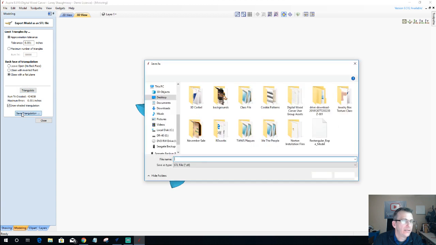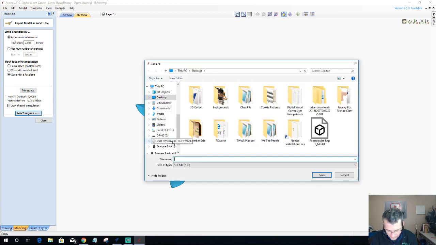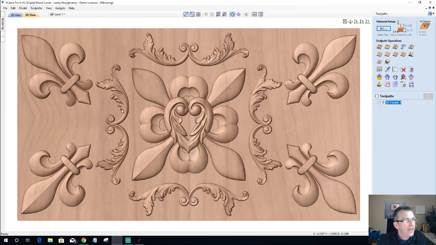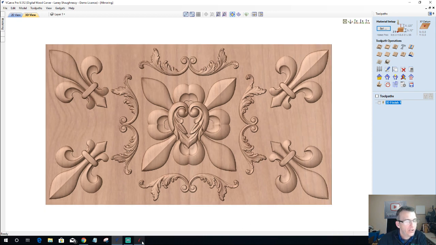And save that model file as, we'll call this, I don't know, mirrored wall art, right? Awesome blossom. Now, as an STL, I'm about to answer my own question here. As an STL, I don't know if that can go into my clip art gallery. It should. So if I emailed that, or if that person emailed that file back to me, and